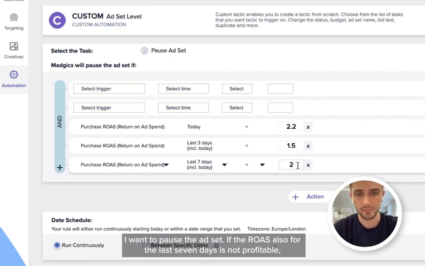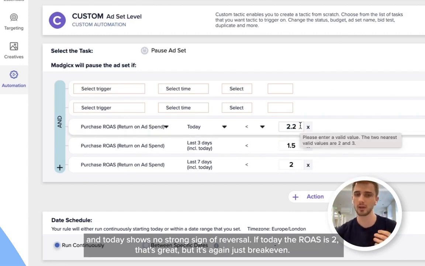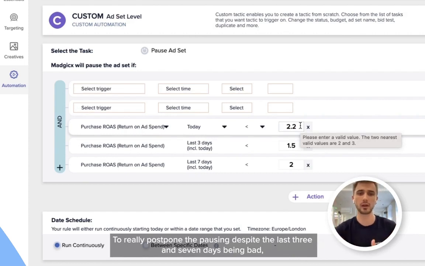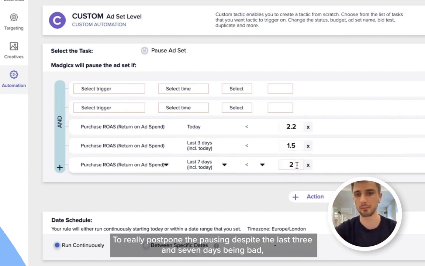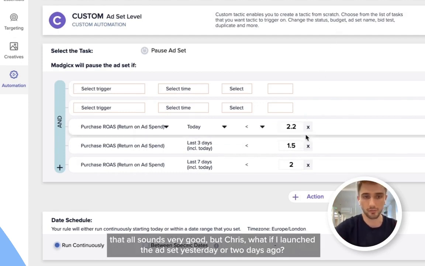pause the ad set. If the ROAS also for the last 7 days is not profitable, and today shows no strong sign of reversal. If today the ROAS is 2, that's great, but it's again just break even. To really postpone the pausing, despite the last 3 and 7 days being bad, I want to have a phenomenal ROAS, right? Now, that all sounds very good, but Chris, what if I launched the ad set yesterday or 2